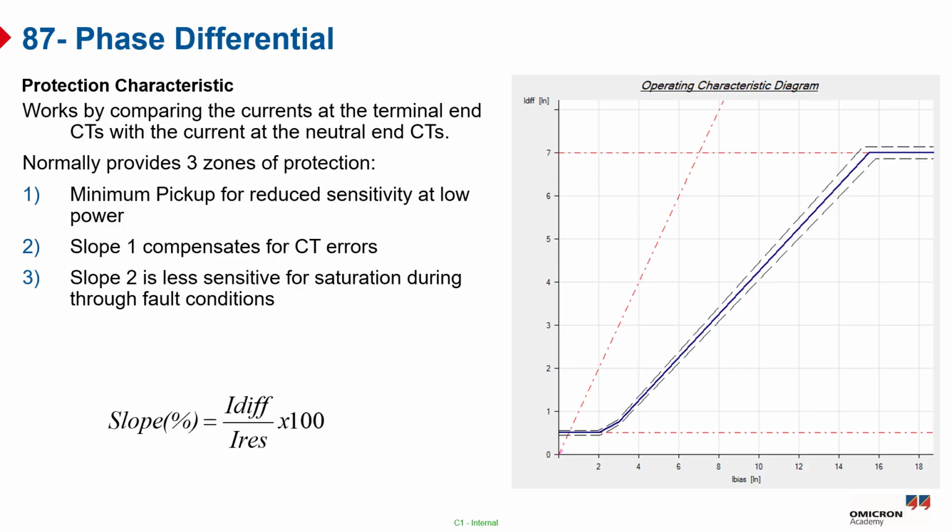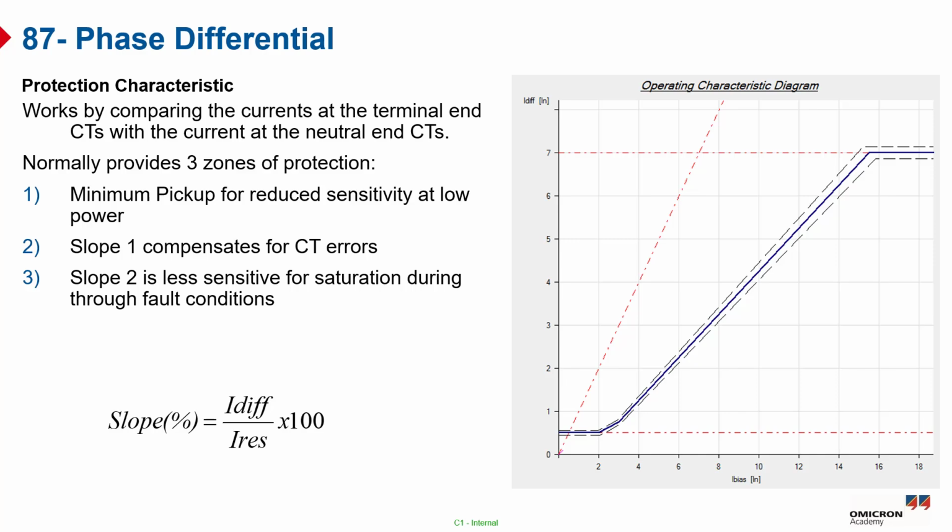As you can see here, differential protection works by comparing the currents measured at the terminal end CTs with the current at the neutral end CTs. It normally provides three zones of protection to ensure both sensitivity and reliability. The first is the minimum pickup, which reduces sensitivity at low power levels to prevent unnecessary tripping. The second, slope 1, compensates for any errors in the CT to ensure accurate fault detection. The third, slope 2, is less sensitive and is designed to handle CT saturation that can occur during through fault conditions. Together, these zones ensure that the differential protection operates effectively under a wide range of operating